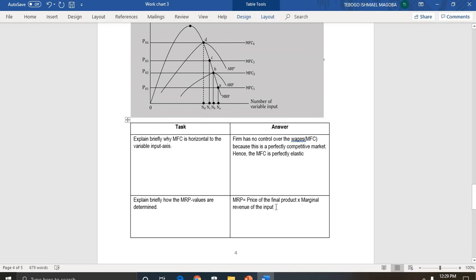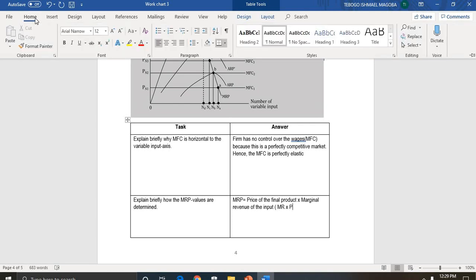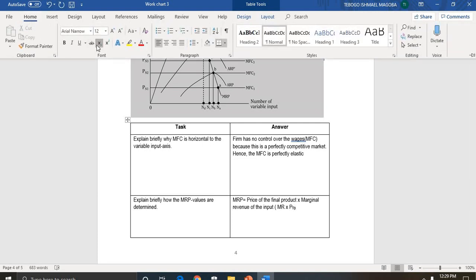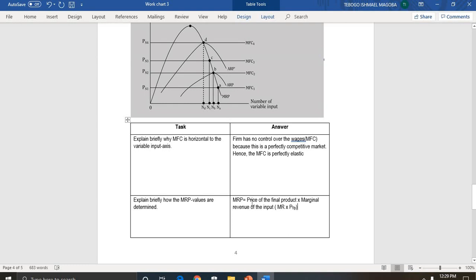If you look at the slides, in mathematics it's more of MR times the price of the final product. Okay. Alright, and then that's it. That's how your marginal revenue product, MRP, is determined. Okay, so that's how this curve was determined. Alright, moving on to the next